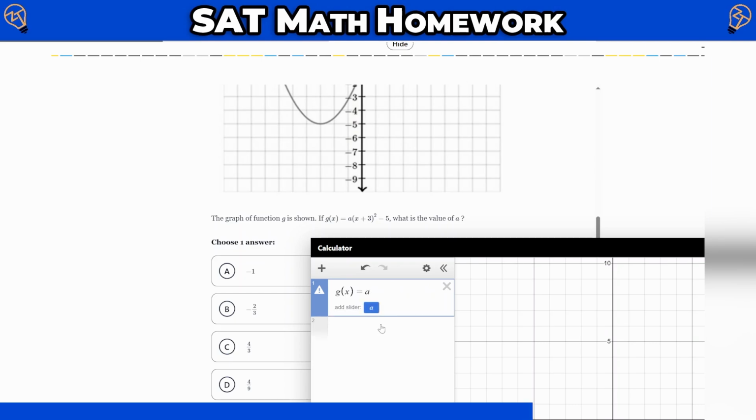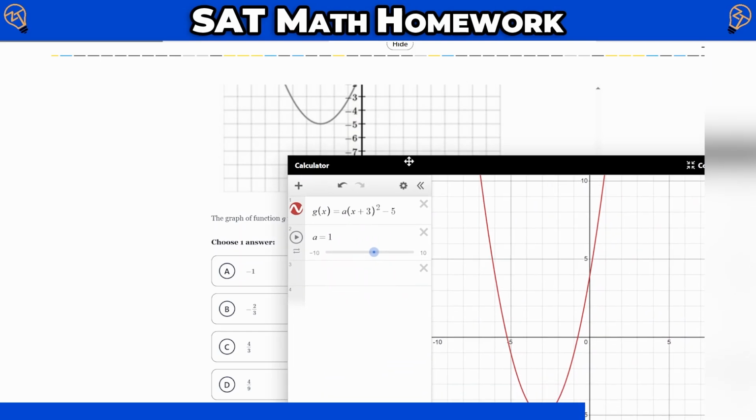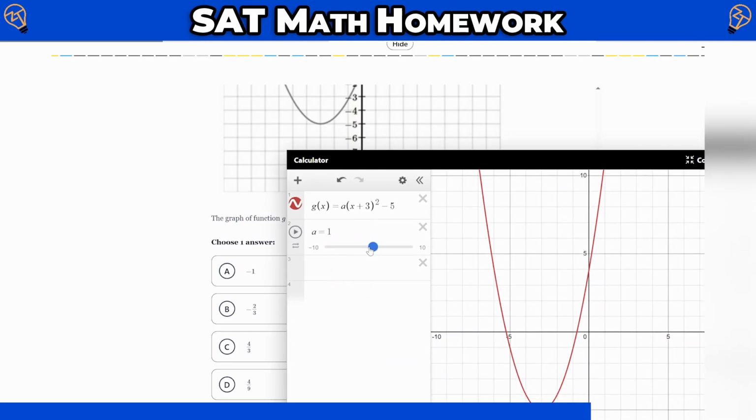Even though I didn't choose to add it as a slider, which I could have just clicked here, I'm going to go ahead and continue with the problem, and I'll choose Shift 6 to do the caret, or you could do it in the keyboard. I'll type this in, press right to go down, -5, and once I press enter, it really adds the slider for me. So if we're trying to find what's the value of a, in some problems you're doing a sliding to figure it out, but in this case it's multiple choice, so I can just type in -1